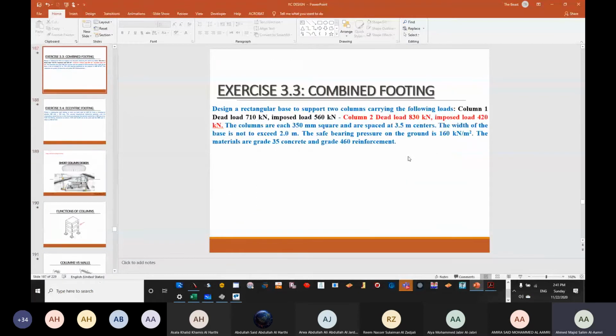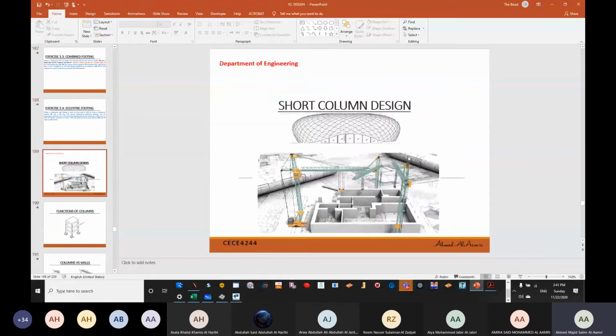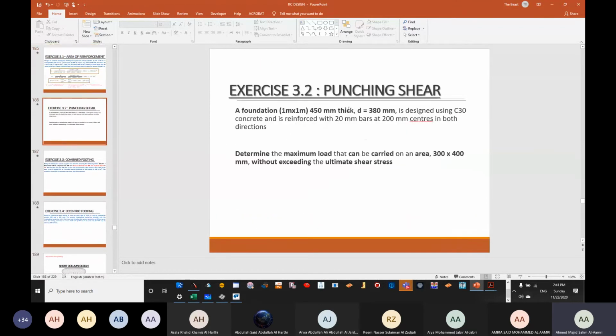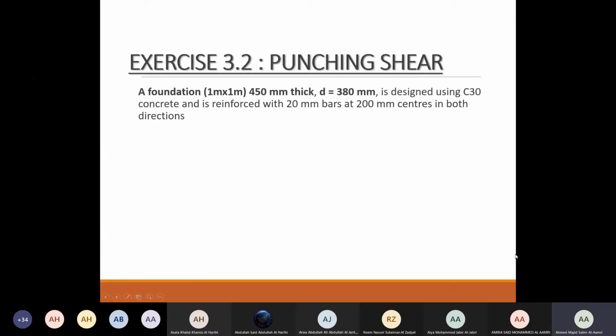where we are going directly to the column design. Now there is one problem that we didn't solve here, which is related to punching shear. I have given you a hint where maybe it will become closer for you to answer the question. Although the question is not hard, it came in one of the final examinations. Now if you see here,